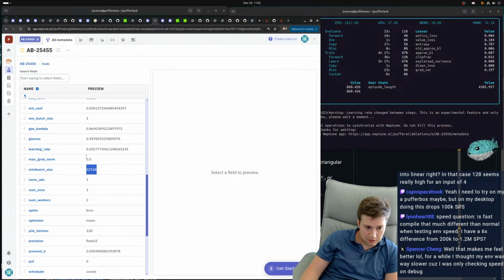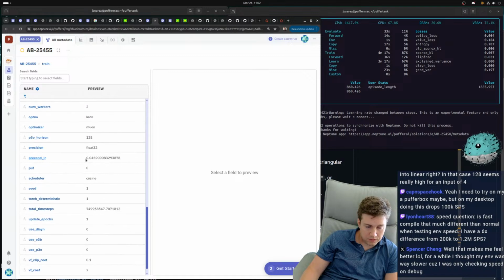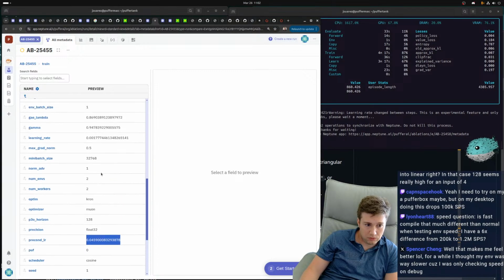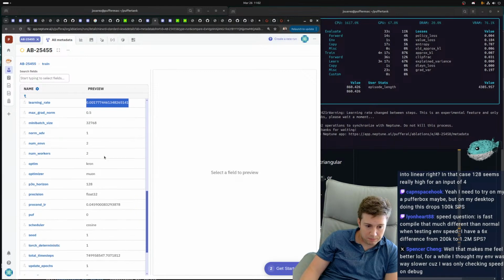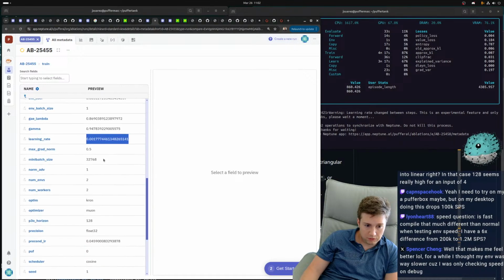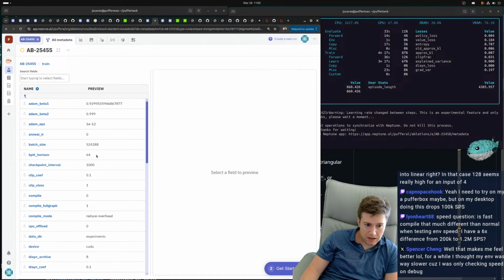Max mini batch size, you can see right here. Changed preconditioned learning rate. Dropped this by a factor of 2. Learning rate's pretty near the default. It's upped it by a little bit. A few other things, but this is reasonable. I'm happy with that.